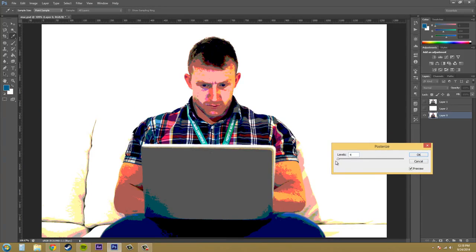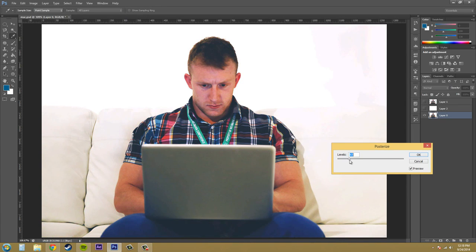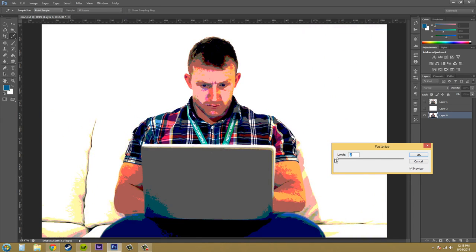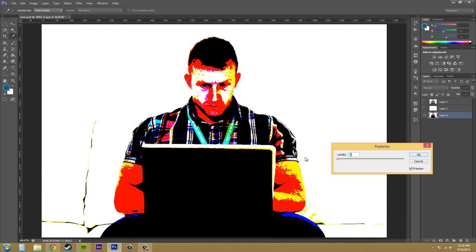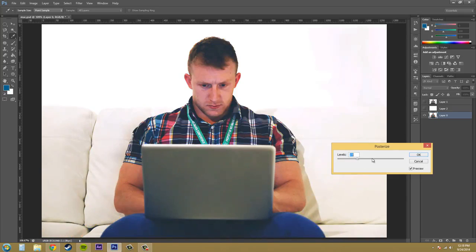So there's 4 levels of color here. And if I move it up, it gets more color brought back into it. And here's 255. So that's what happens with this. And here's 2. So this is just the basic. This is as low as you can go. Alright,